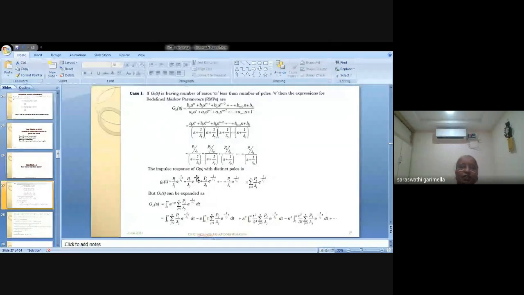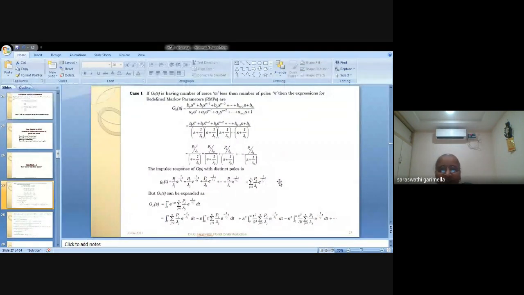We have written it like that, b0 s to the power of m, but those eigenvalues should not change, remember. So for that, I found this polynomial must be written like this: s plus 1 by lambda 1, same lambdas, no change, but you have to write s plus 1 by lambda 1, s plus 1 by lambda 2, like that. Then again, if you find the residues, you will get like this. Partial fraction, if you do, you will get like this.